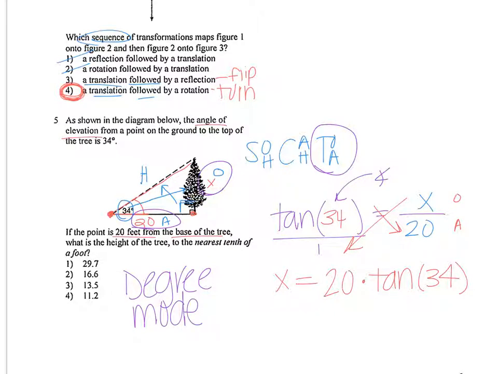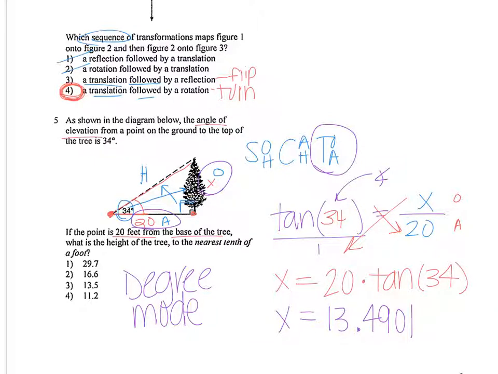Or even any calculator on your phone, make sure it's in degree mode in order to calculate this, because otherwise you might get negative values or crazy, ridiculous decimals that are smaller than 1. So check your mode. If you're using a school calculator here at Odyssey, then we've already changed your mode for you, so you don't have to worry about that. So 20 times tangent of 34 in your calculator gives you